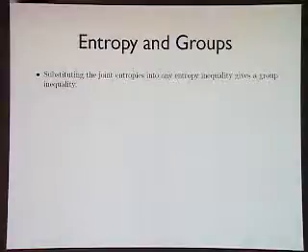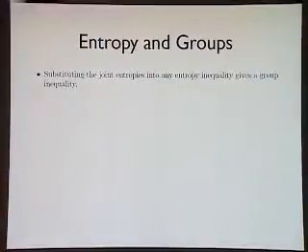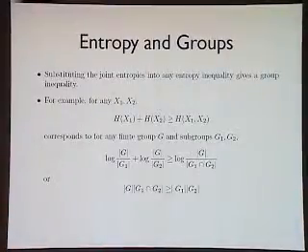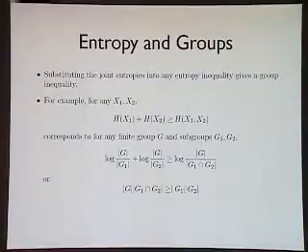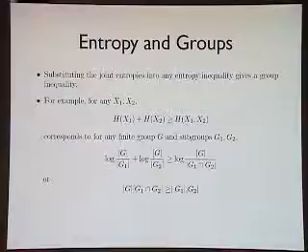Now, if we have an entropy inequality which always holds, it holds for this particular distribution. So upon substituting the joint entropies into any entropy inequalities, that would give an inequality in group theory. For example, for this inequality, which is very well known, H(X1) plus H(X2) is bigger than or equal to H(X1, X2). What you do is whenever you see H, you replace it by a log, and then you have